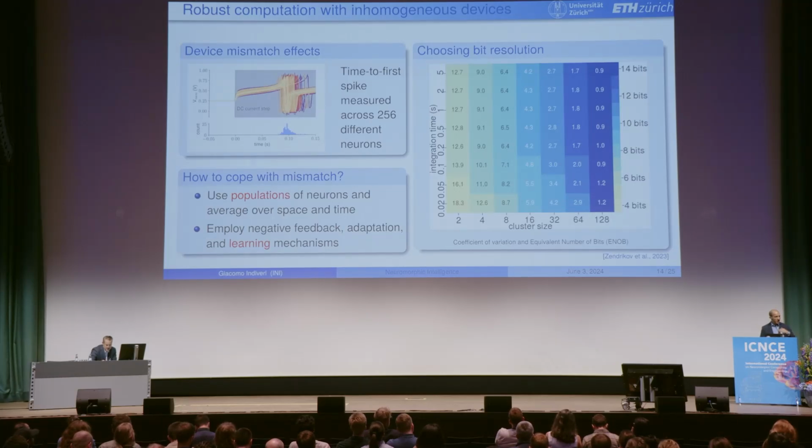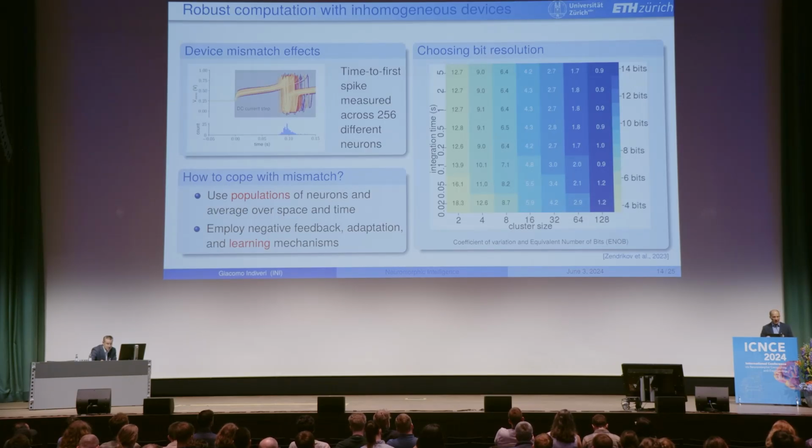This is something that can be changed at runtime. So if we are doing something very coarse, but we want a response very fast, we can decrease the temporal integration window. But if we want to accumulate evidence and get more and more accuracy, we can integrate over time longer and reach all the way to a 0.9 coefficient of variation. So the limit is 14 bits. In order to get more than that, we would really have to do good circuit design, the standard engineering approach, but that would require increases in area.